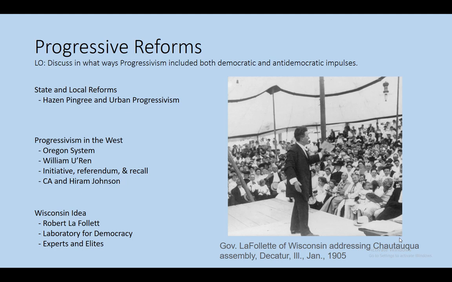recall. And the idea behind all these things, the primary, the initiative, the referendum, was to sidestep politicians who many progressives felt were corrupt, were in the pocket of big business. If you gave power to the people, then people could, in theory, pass their own laws that would sidestep these powerful corporate interests. A leading figure here was a man named William Irwin, and we're going to see the initiative